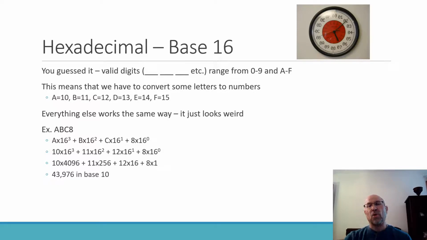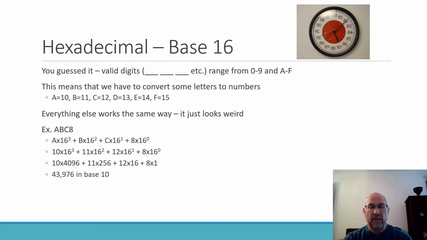We know that the one all the way on the right is something times 16 to the 0, then the next one is 16 to the first, 16 squared, 16 cubed. What we do is we say, well, all right, we're just going to write it down. A times 16 cubed, B times 16 squared, C times 16 to the first, and then 8 times 16 to the 0. And then we just convert them to the values that we know they are. So it's 10 times 16 cubed, 11 times 16 squared, 12 times 16 to the first, and 8 times 16 to the 0. We keep expanding and we wind up with finally the number